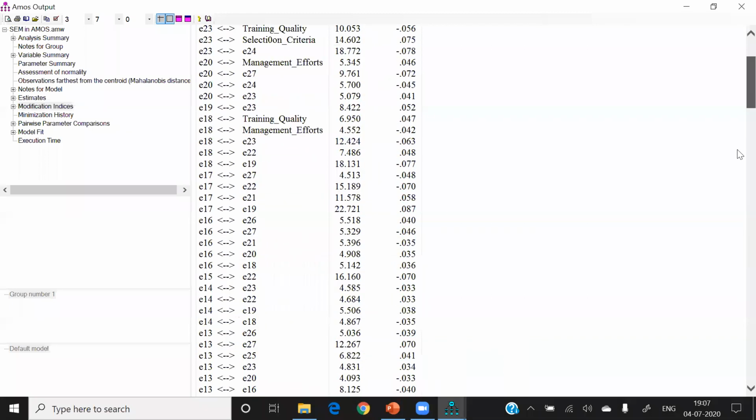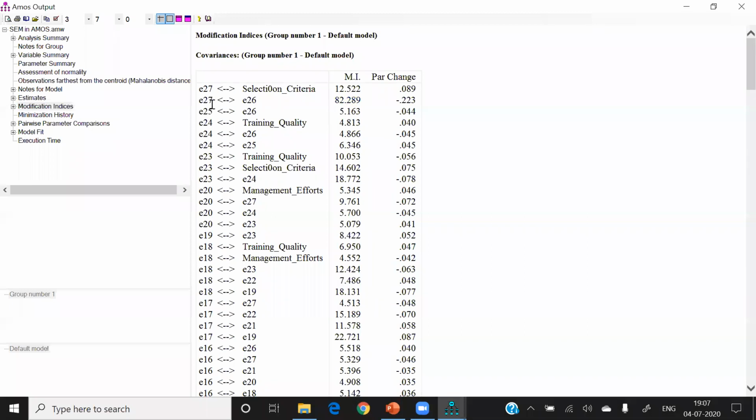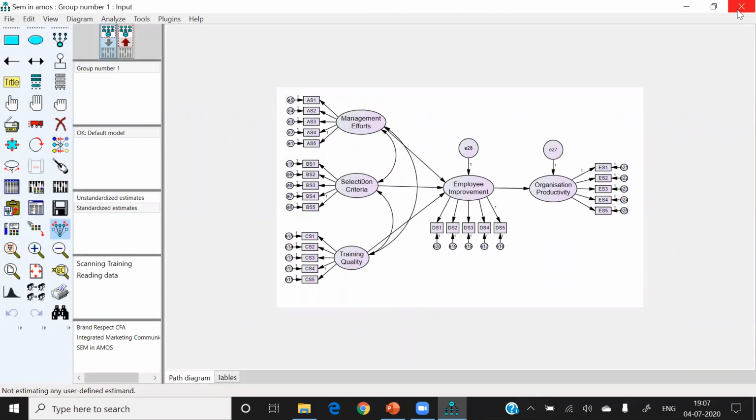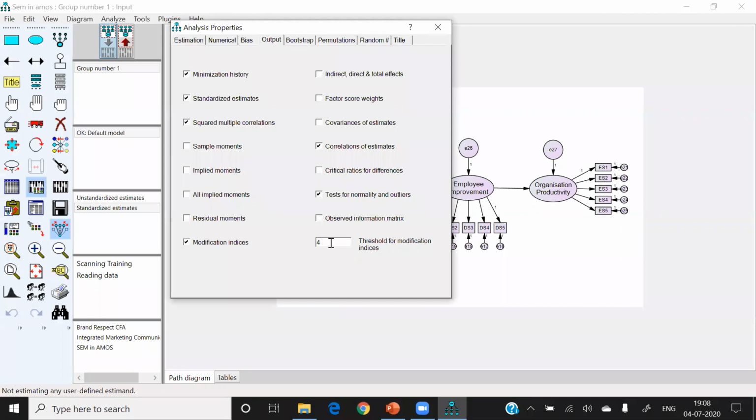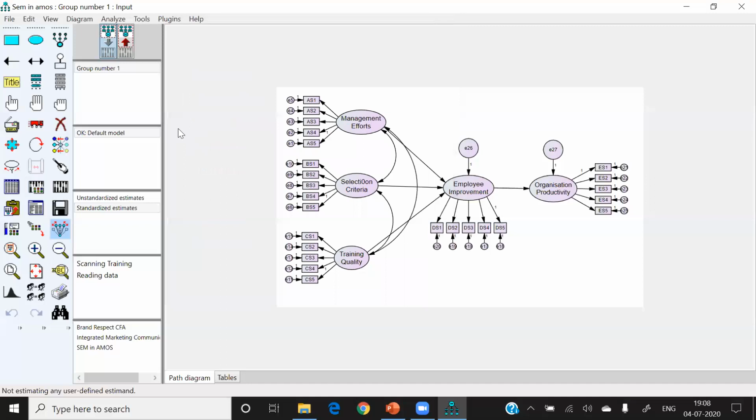So we have to check whether we can add this error number 27 and 26. But 26 and 27 are related to different constructs. We cannot add them here. Okay, let me set this to 40, because I want only those changes where there is a significant improvement. And what is the meaning of 40?